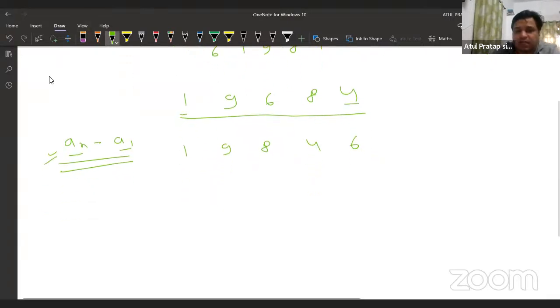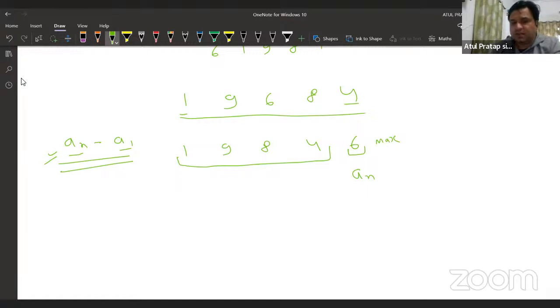For example, if we select this element and consider that this is the maximum element, in the remaining left side we will find the minimum element and its position. We are considering that this is a_n, and in the remaining part we check what the minimum element is and what its position is. Here this is the minimum element, so there is no need to